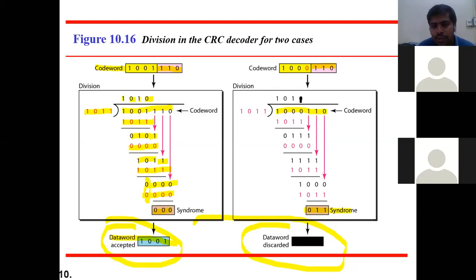This is because we have changed one bit here intentionally to show you how errors will happen. In this way, if something happens during the transmission, if any bits get changed, then we will not get the remainder as 000. That is how your CRC will detect whether there is any error in the transmission or not. So that is how CRC works for error detection. Is it clear?